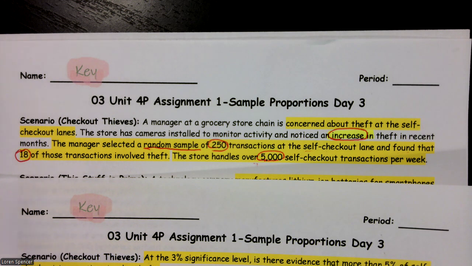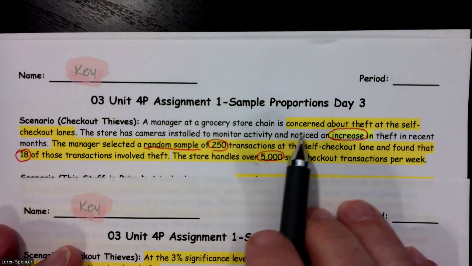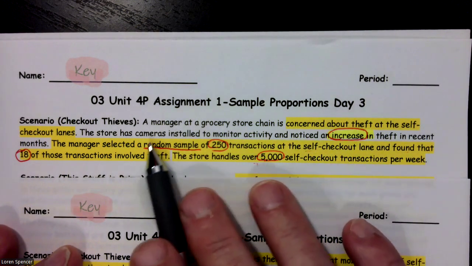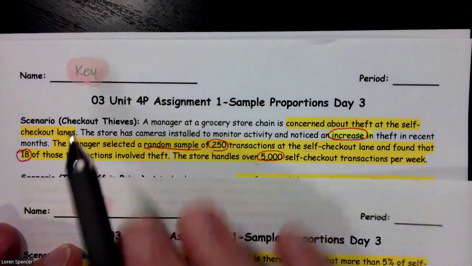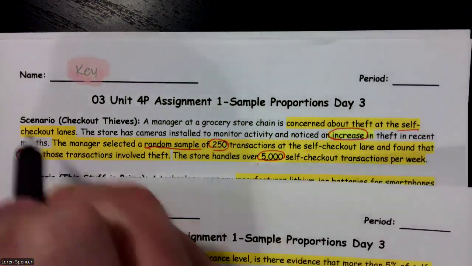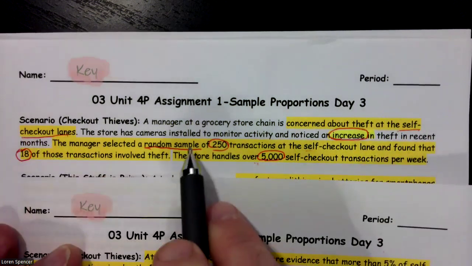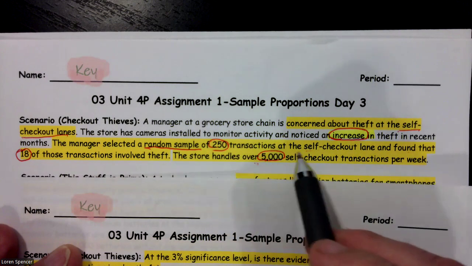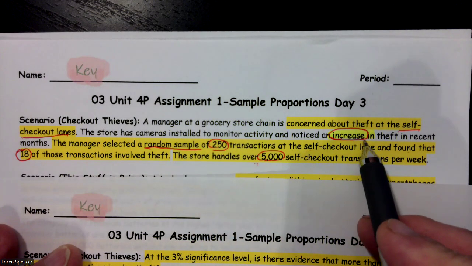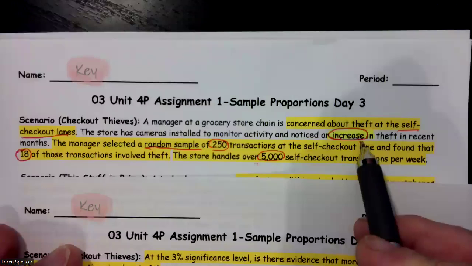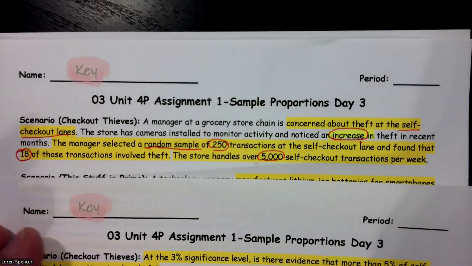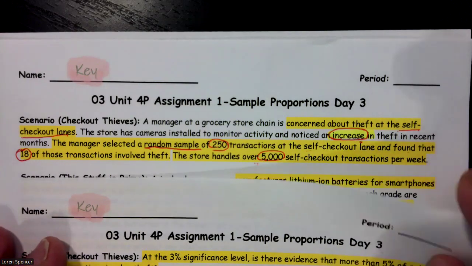This will be a hypothesis test on one sample proportions, and our scenario is checkout thieves. A manager at a grocery store is concerned about theft at the self-checkout lane. So we care about the self-checkout lanes, probably need to underline that, make a point of it. The store has cameras installed to monitor activity and noticed an increase in theft. Increase, that's probably going to be important. That's probably going to speak to what